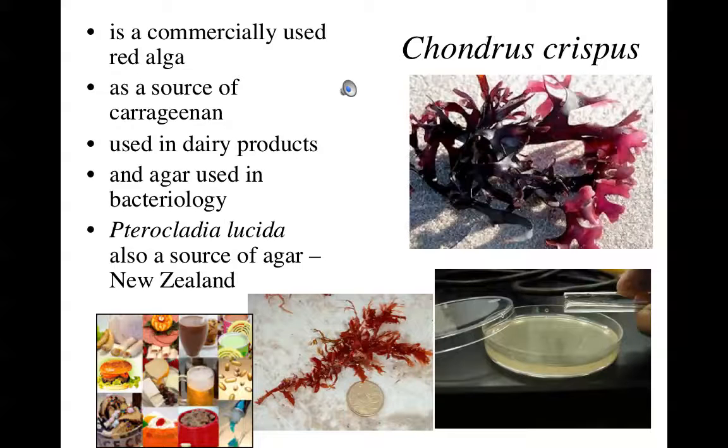Chondrus crispus, for the longest time, was the primary source of agar, also called agar-agar, for use in cooking and in microbiology. The agar that we use to thicken our media that we grow bacteria on in the laboratory is, in fact, the same material derived from these red